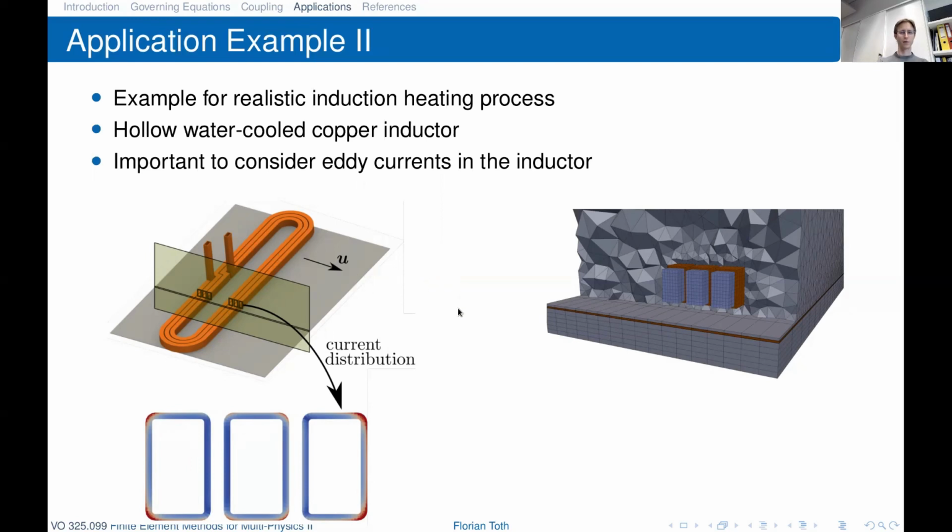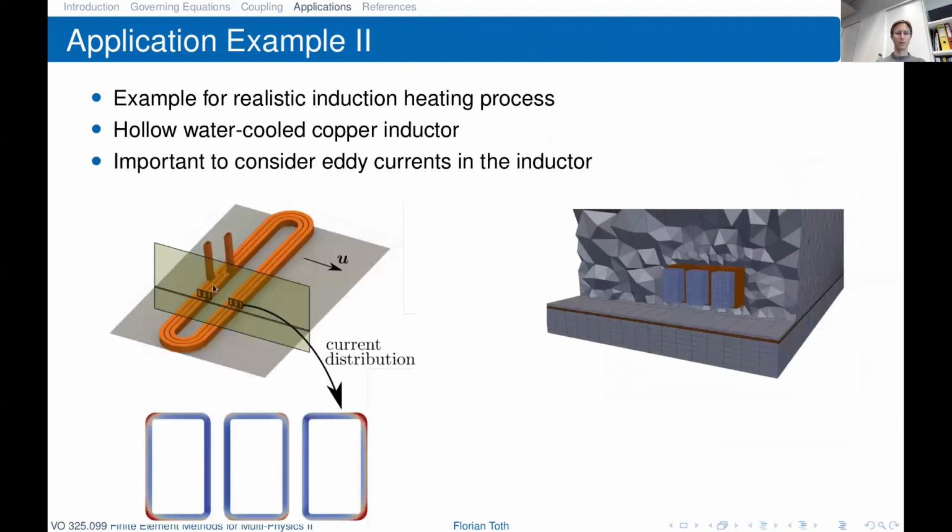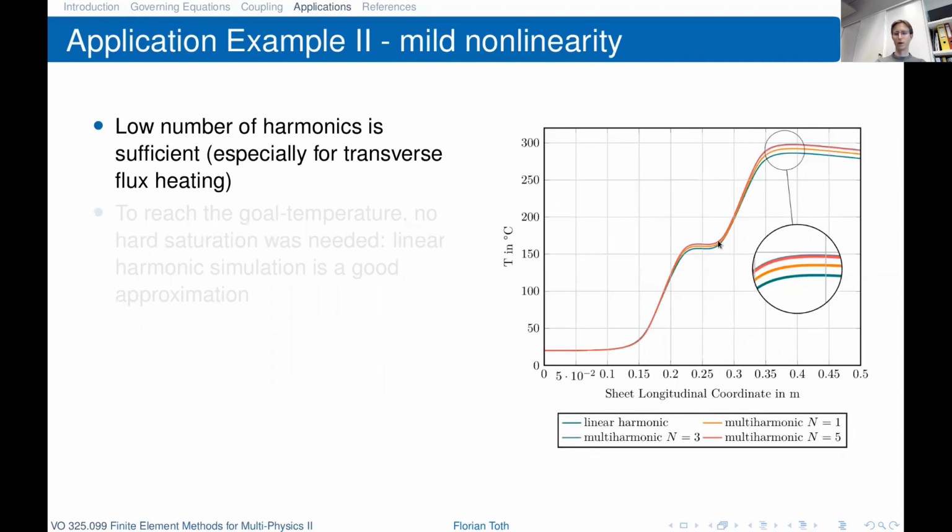Beneath the inductor, it's moving in this direction U. And if we look at the temperature profile along the motion direction in the center of the sheet, we see we have an initial temperature before the inductor, and here we bring in the heat from the inductor, so the temperature rises. This is the second loop of the inductor, so these are these two locations where the current is flowing in one direction and in the other direction, and so the eddy currents are basically imprinted in the steel sheet. So we have these two